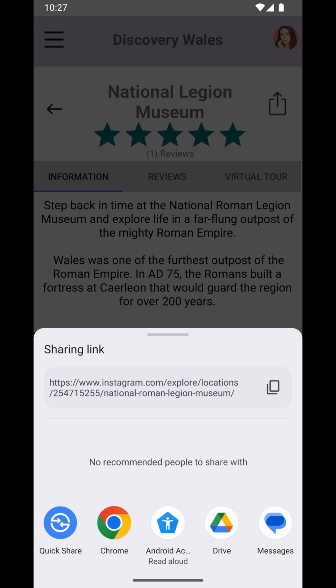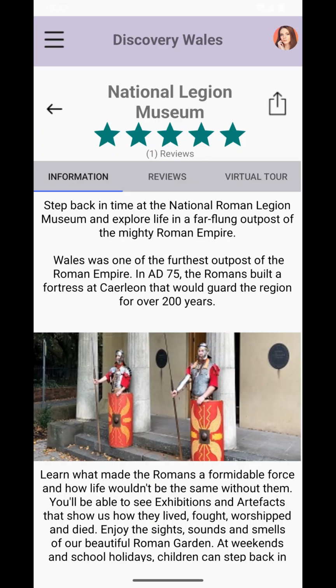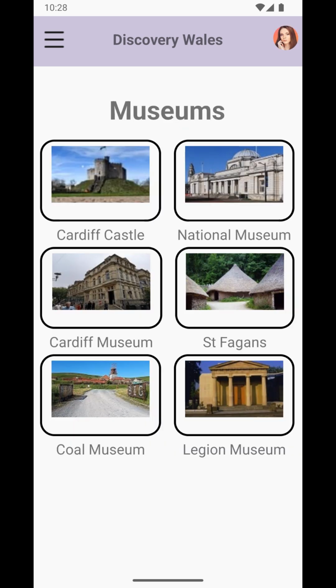If we go to the Wool Museum, it's going to be a different link. For example, if we try to share their Facebook link through this button here,